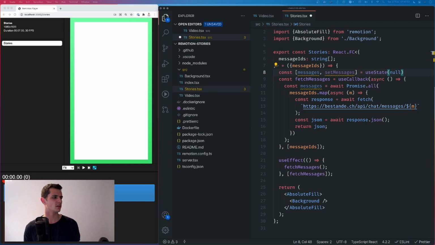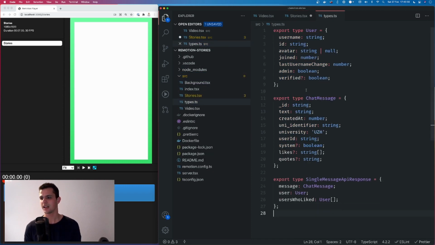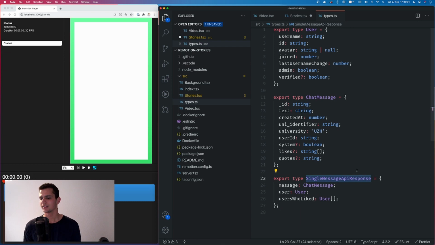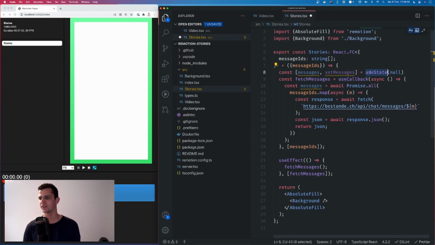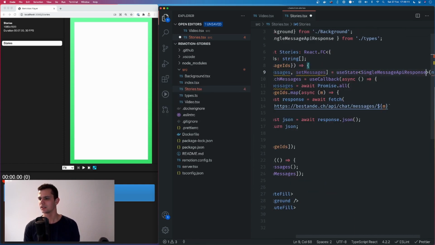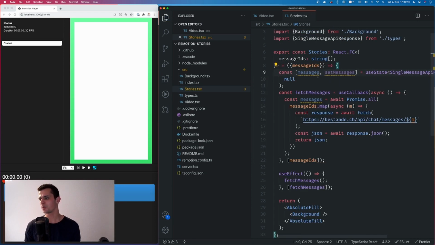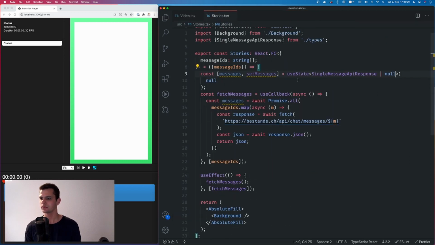So let's add some types. This is the TypeScript schema of the API response, so I'm just gonna do that. It's pretty handy because I just copied it from the source code of my app into this project. And there are multiple of them. Initially we set it as null,